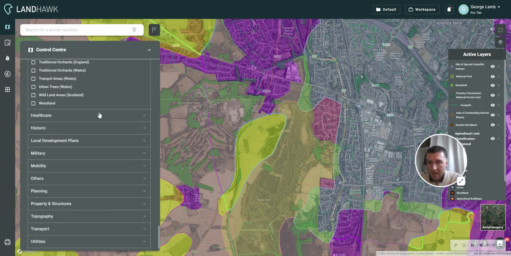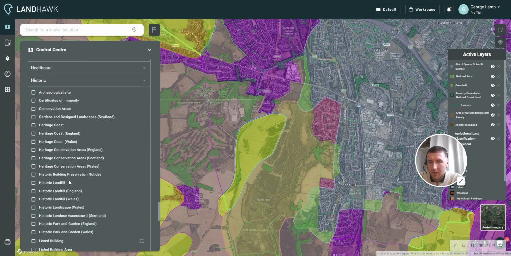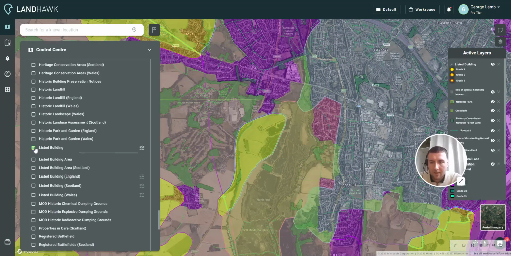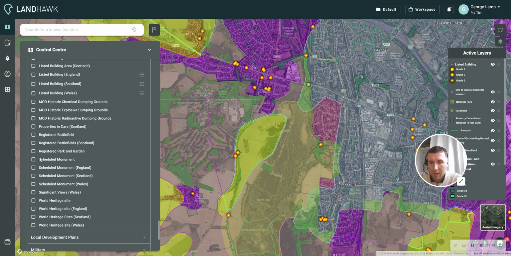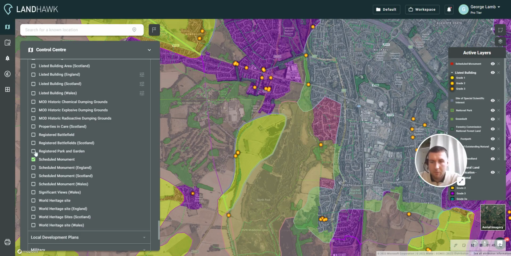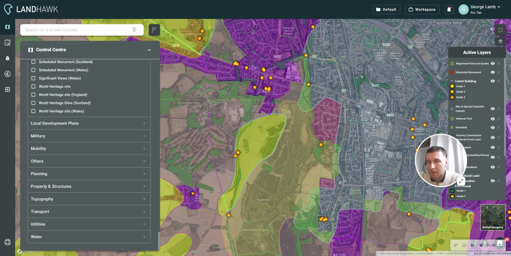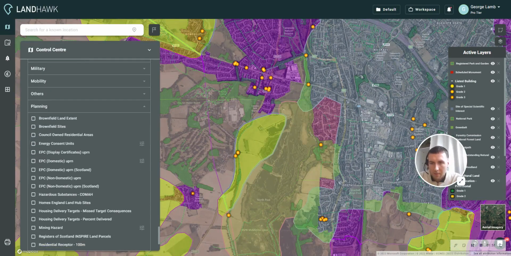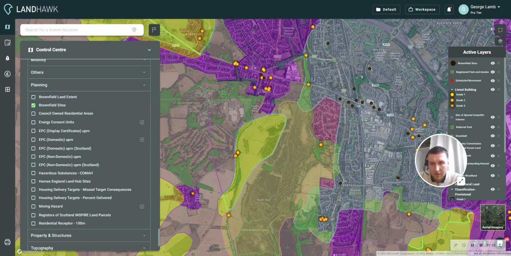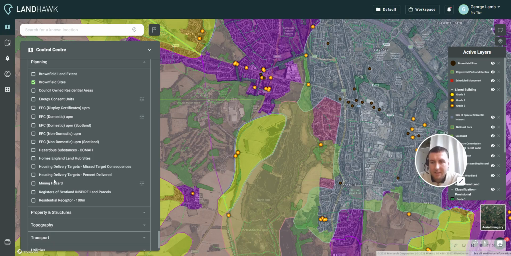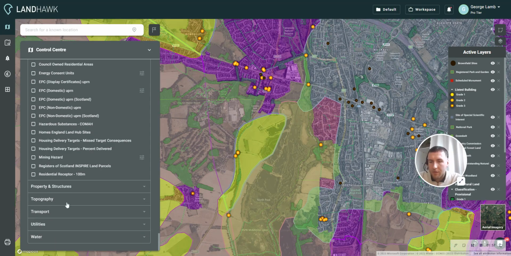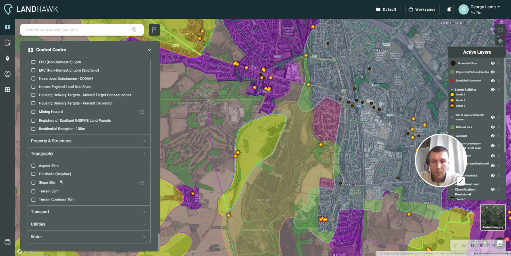As we start to scroll down even further, let's take a look at historic. So we've got things like listed buildings. As you can see, those appear, scheduled monuments, registered parks and gardens. As we go down even further, if we have a look at some of the planning ones, we've got brownfield sites you can turn on, mining hazards. And then as we go further down, if we have a look at topography,